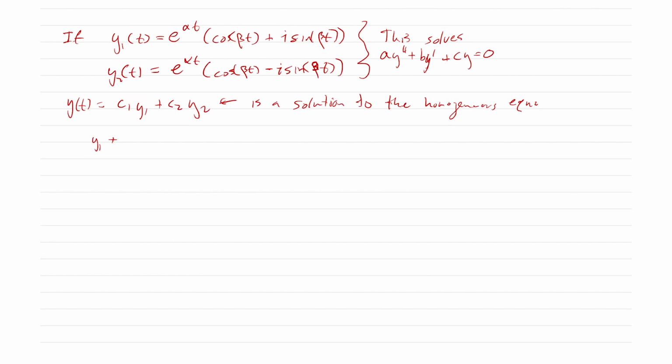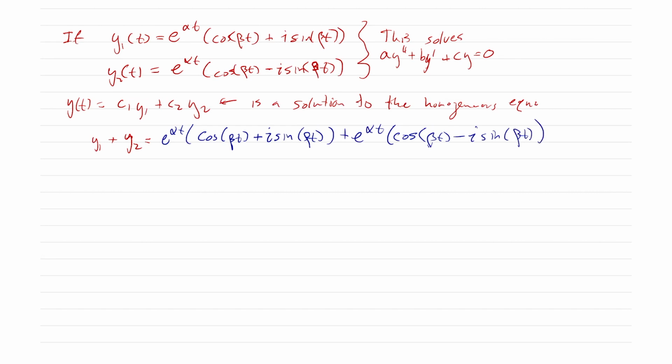So if I add these two equations together, y1 plus y2, what do we end up getting? Well, we're going to have e to the alpha t times cosine of beta t plus i sine of beta t, plus e to the alpha t times cosine of beta t minus i sine of beta t. If I add these two together, this ends up giving me 2 times e to the alpha t cosine of beta t. Now I can also choose to have c1 and c2 being complex,